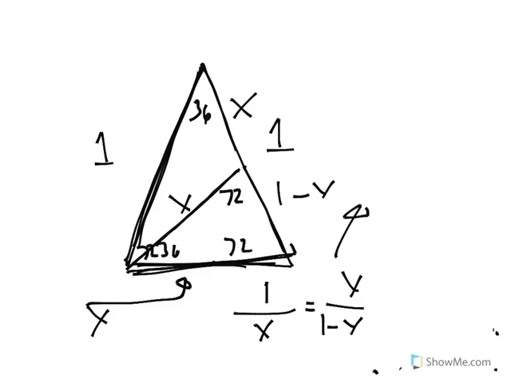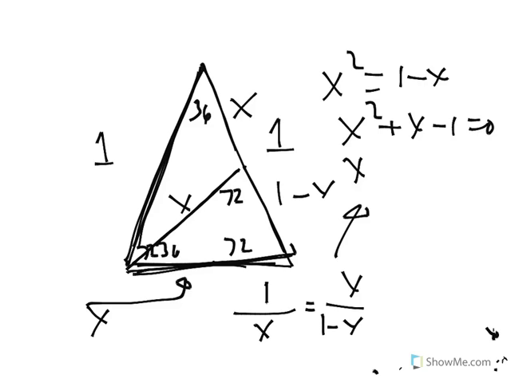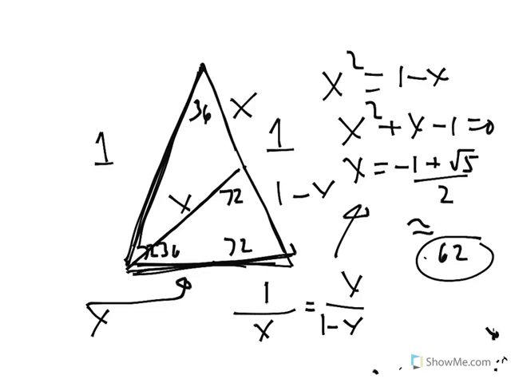And when you cross multiply, you get x squared equals 1 minus x, and you bring everything over to one side, and you do the quadratic formula, x equals -1 plus the square root of 5 over 2, which is about 0.62. So we'll see later that this number, 0.62, or -1 plus square root of 5 over 2, is an important number in math,